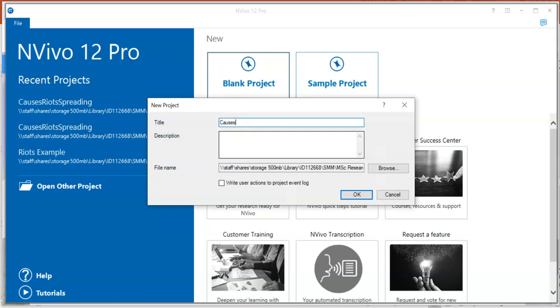I'm going to call it Causes Riots Spreading. And you could write something else underneath in the description. I'm just going to copy and paste that for now, just to indicate you could write something more in the description. It's optional. The title is something you need. So I'm calling it Causes Riots Spreading, and then I want to change the folder where it's saved, so I click on the Browse button,